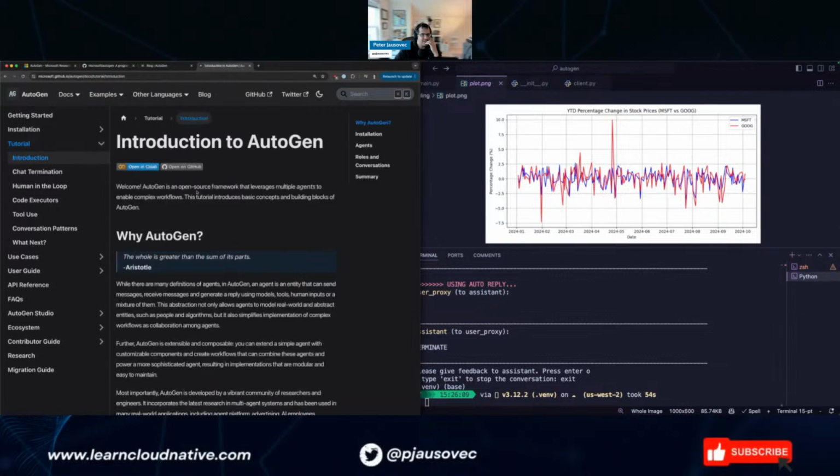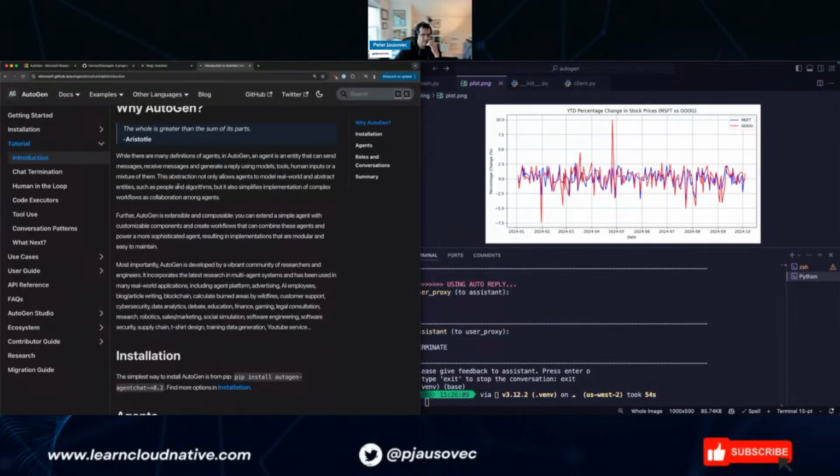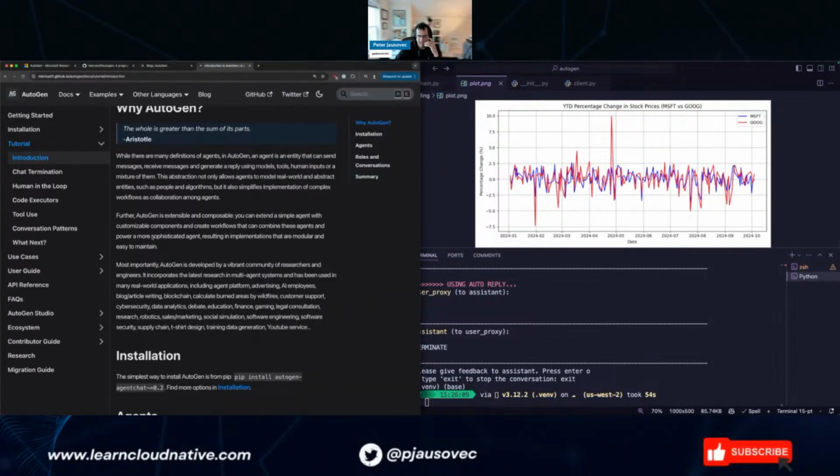Tutorial introduction. Welcome. An agent is an entity that can send messages, receive, and then generate replies. Okay. And it generates replies using models, tools, human inputs, or a mixture of them. Okay. So I could additionally define tools and then have them execute those as needed.